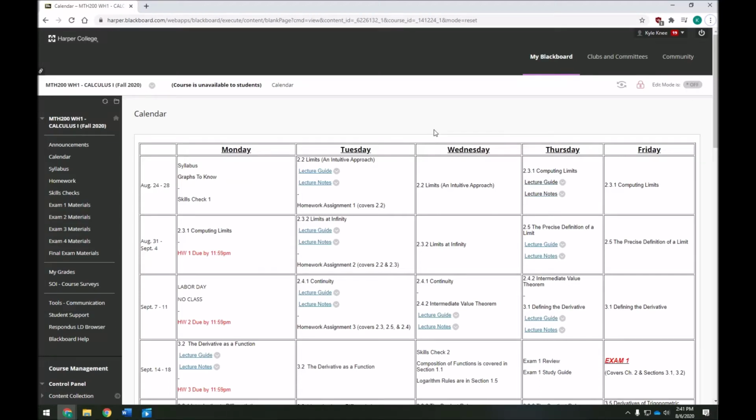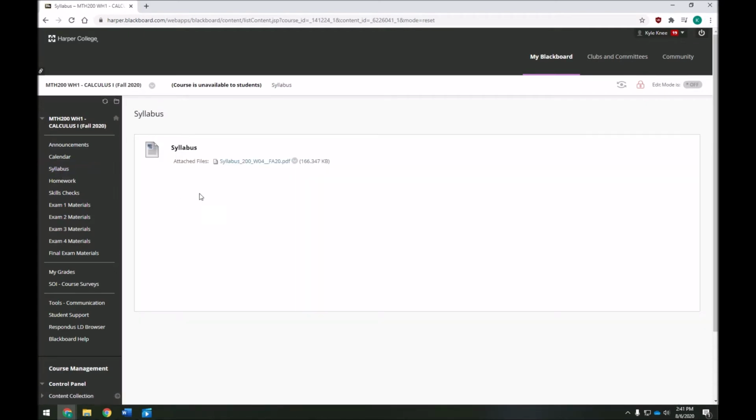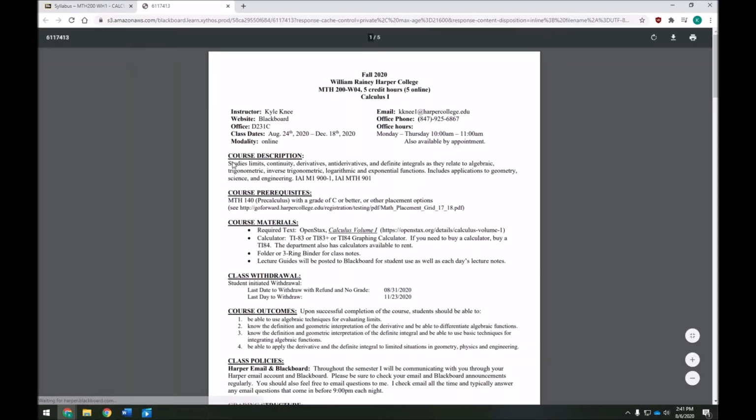Well, now let's take some time to talk about the syllabus for this class. You can find the syllabus over here underneath the syllabus menu item over on the left side of Blackboard. If you click on that, you'll be able to see the syllabus for our class. And over here I have all the information that you would need in order to be able to reach me